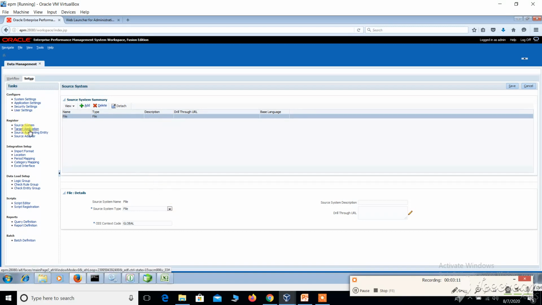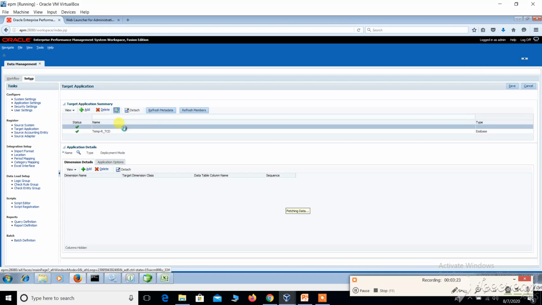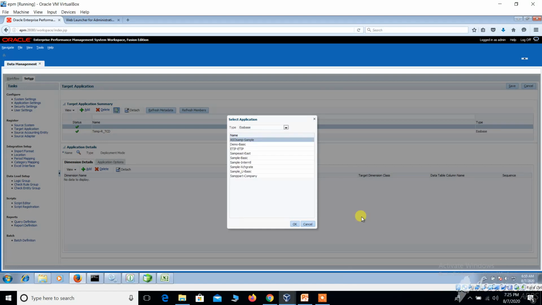Okay, so the target application is the main thing, so we need to create a target application here. I have already created one target application. Right now we are loading for only the ETP application, so I need to create a target application name. Whenever the pop-up window appears, we just select the space application. It will update the space applications. So these are the space applications.